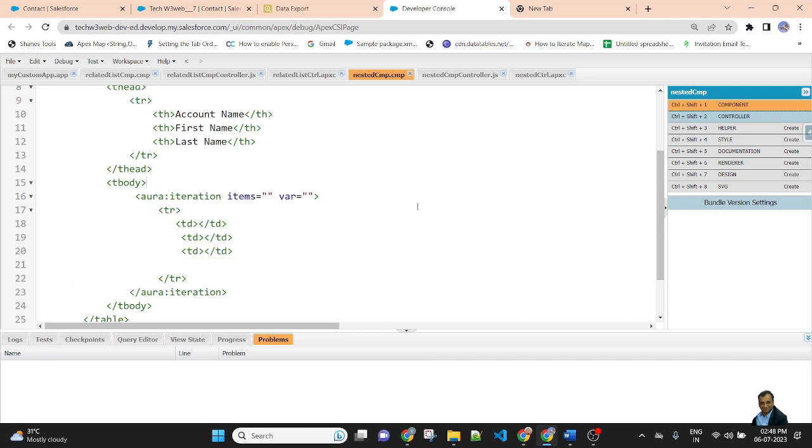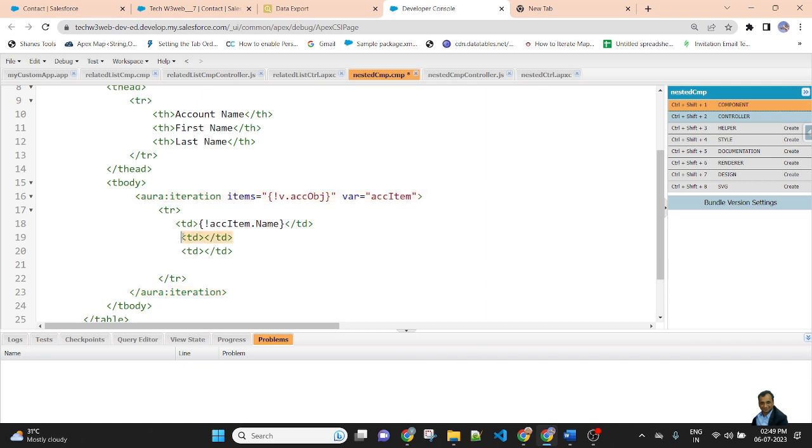So this is a curly bracket, v.accountItem.name. It will fetch the account name. Based on this account item, the contact will be displayed.